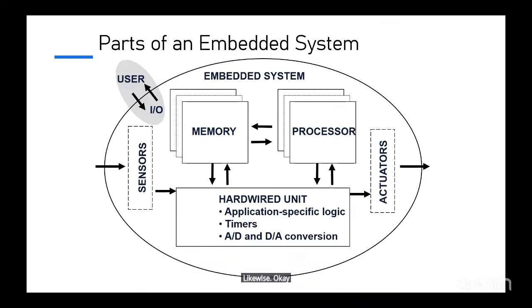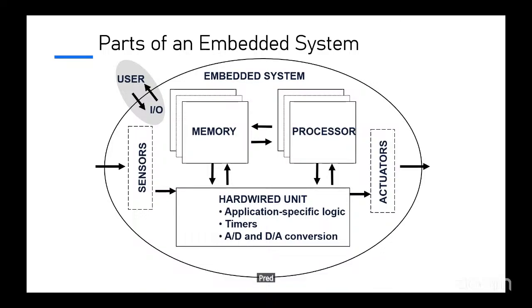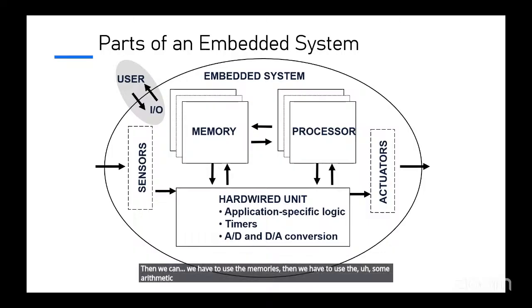Okay, so as I was talking about the parts of an embedded system, in an embedded product, suppose we are developing any product, we have to use some sensors that will sense and give the predefined output, so that our processor or microcontroller will understand. Then we have to use memories, then arithmetic logic, application specific logics,